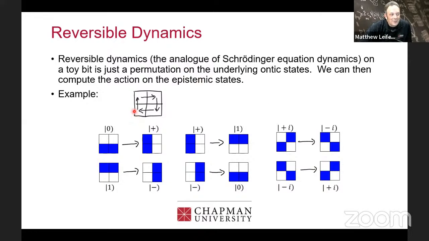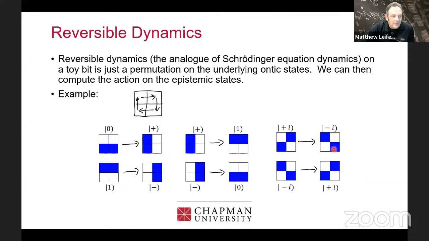Okay, so if we take an example, let's look at this permutation. This permutation just says, if you're in this state, you go to that one. If you're in this state, you go to that one. If you're in this state, you go to that one, etc. Right, so if I've got this valid epistemic state here, this ontic state would go here, and this ontic state would go there. So I would end up in the plus state with a 50-50 probability of being in either of these 2 ontic states. So you can just do the same thing, and you can see what this does to all of